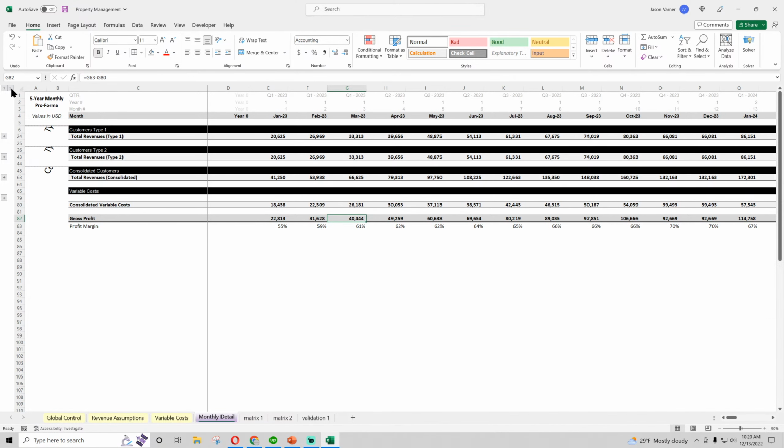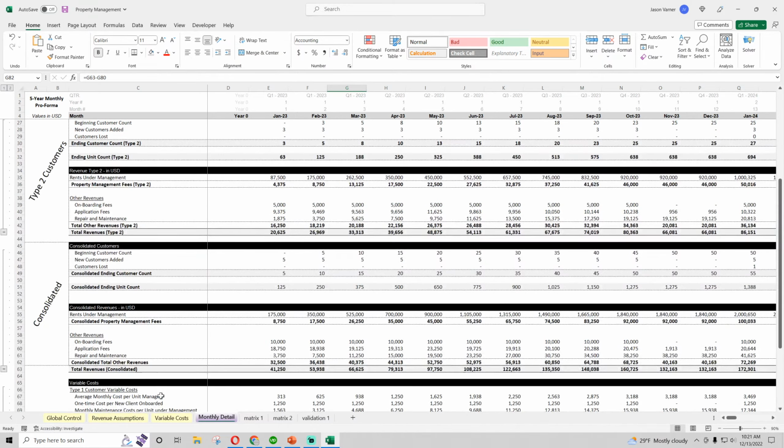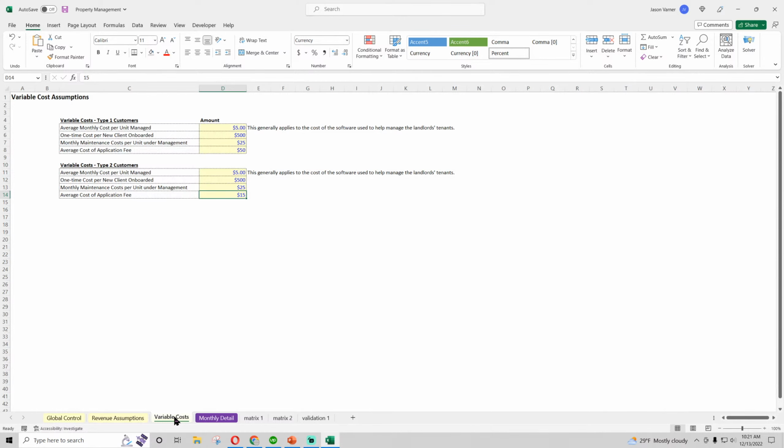So we have to account for all of that. So let's get into it. Now, the variable cost is pretty simple. Let's do a